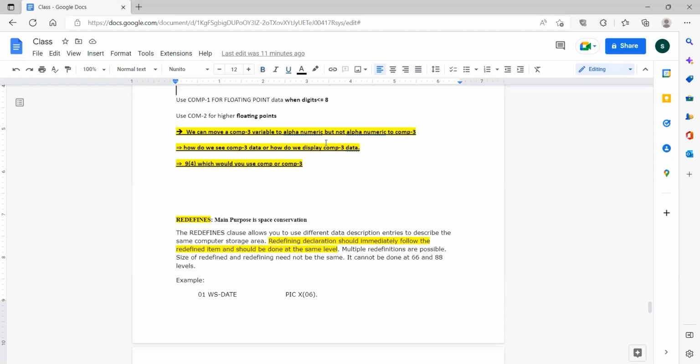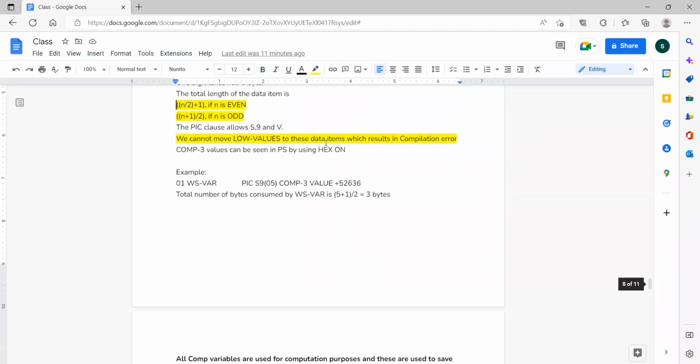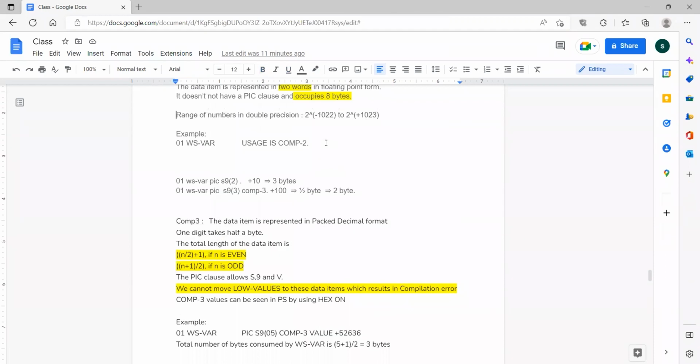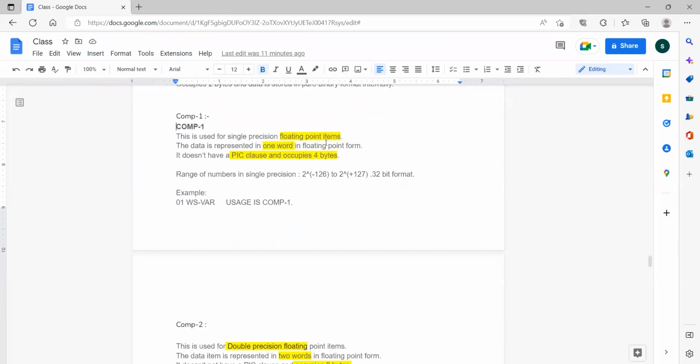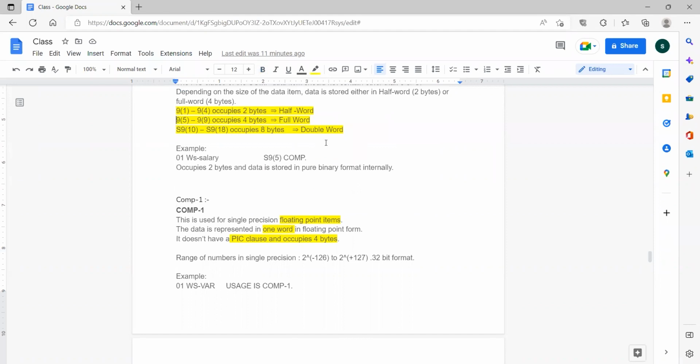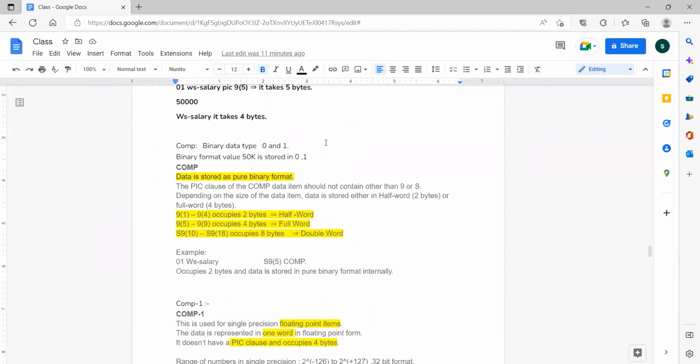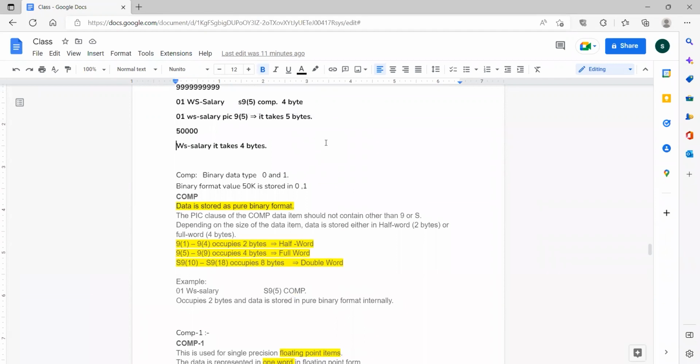So yesterday we discussed COMP, COMP-1, COMP-2 and COMP-3, right? So basically COMP is used for binary, COMP stores data in binary format. Basically all these COMP, COMP-1, COMP-2, COMP-3 are used for saving the memory. Okay. So generally COMP is used for data stored in binary format, and the range is, if it